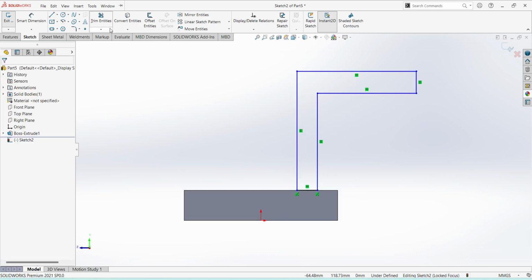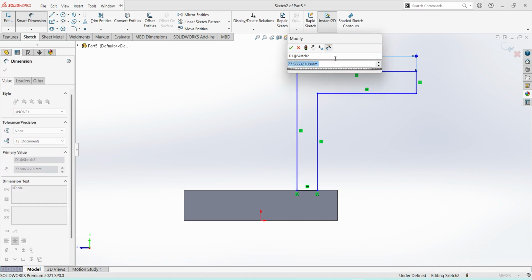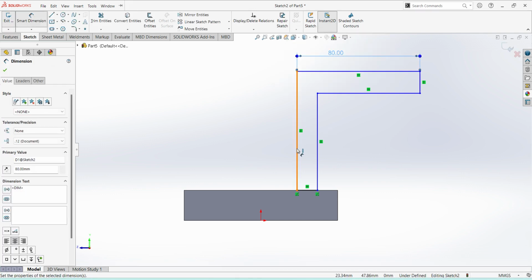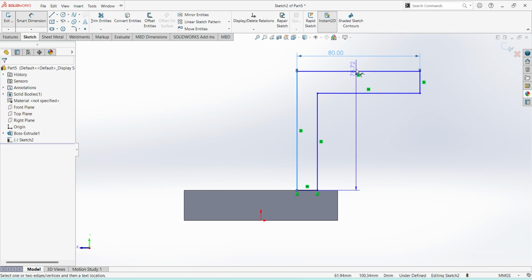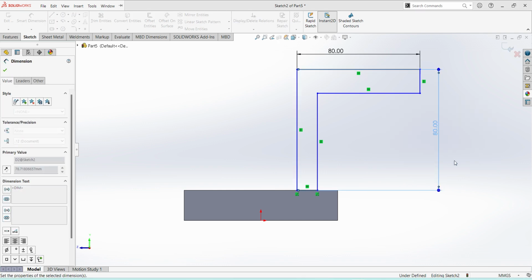Give the dimensions: 80, from here to here also 80 mm.